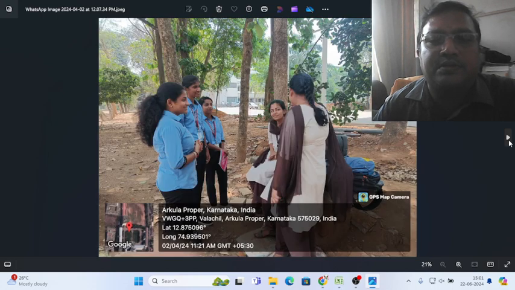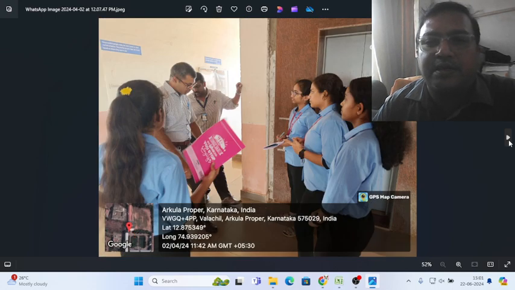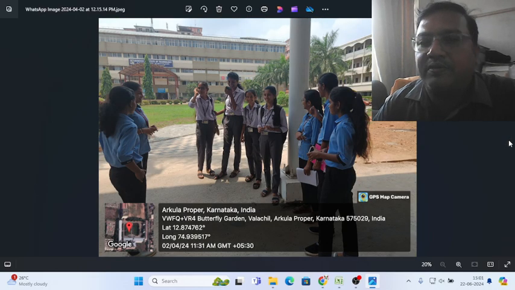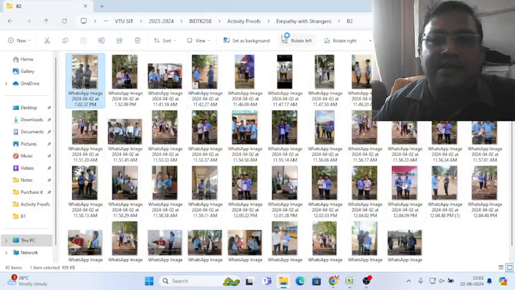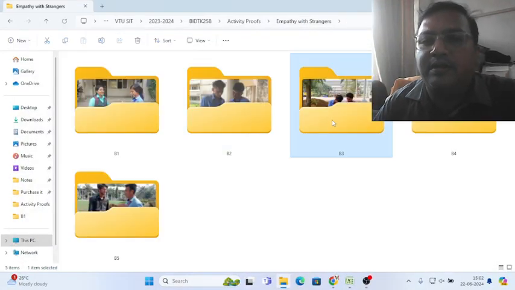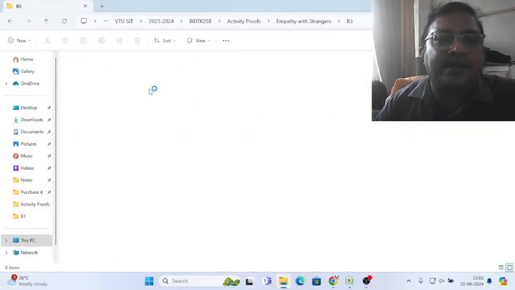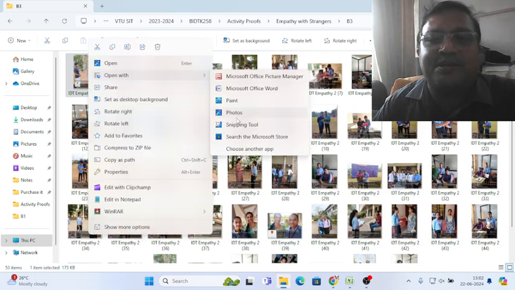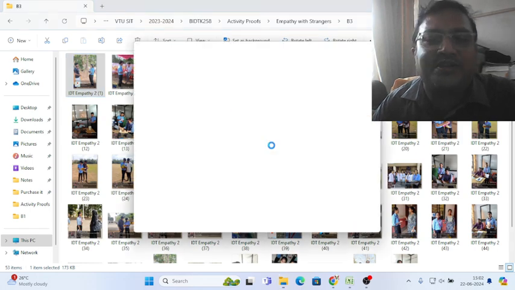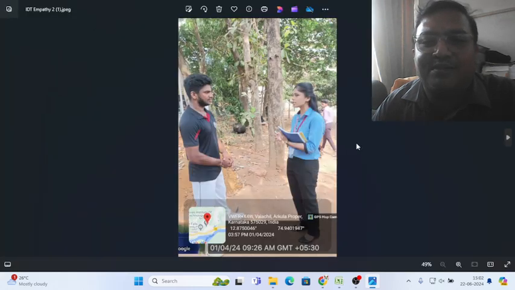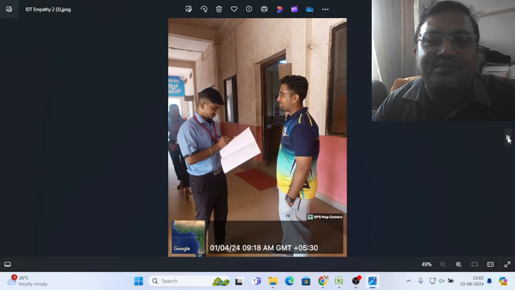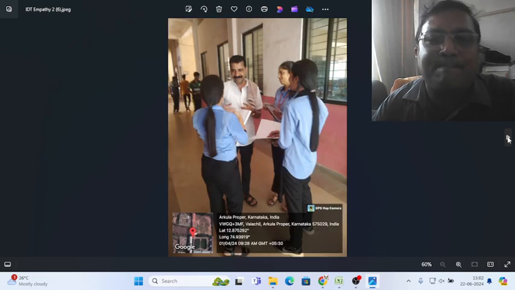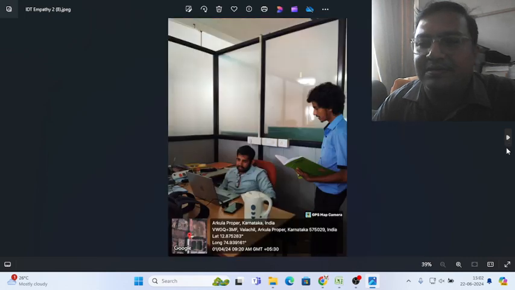The faculty rooms, even the lift area, near the parking area, everywhere the students went. They took it as a challenge, because they got something different. They ran with the book and pen, because a book and pen show that they are students, not simply joking. Only for that purpose they were told to carry a book and a pen. Otherwise, other people would think they were just playing a prank. Even the canteen people, the staff room.